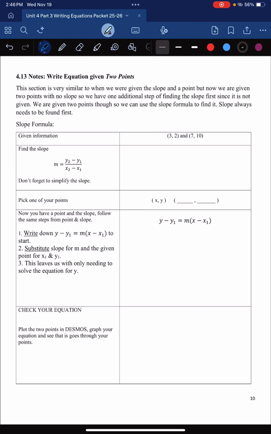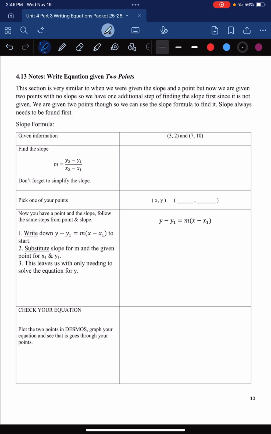All right, in this video, I want to take a look at how we can write the equation of a line when we are provided with 2 points that we know that line goes through. So in this case, we are not given the slope. We are not provided a graph. We could always graph these 2 points and find our slope that way, but that's just extra work that we don't need to do, because if we are given 2 points, then we're able to calculate the slope using our